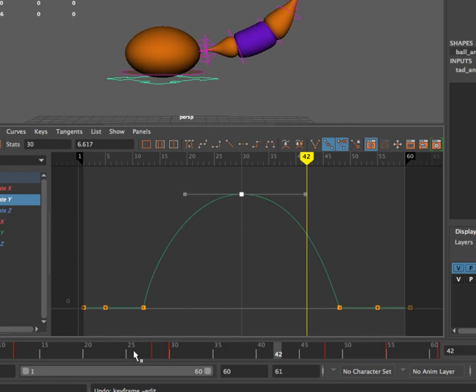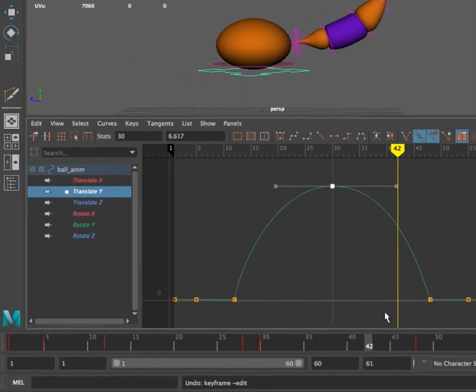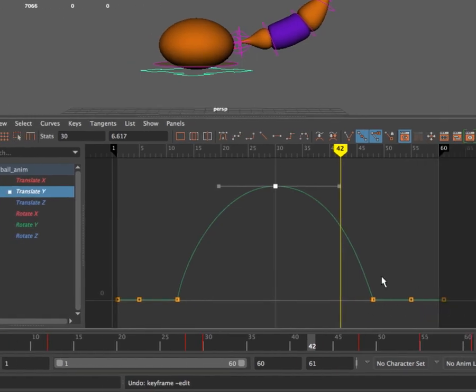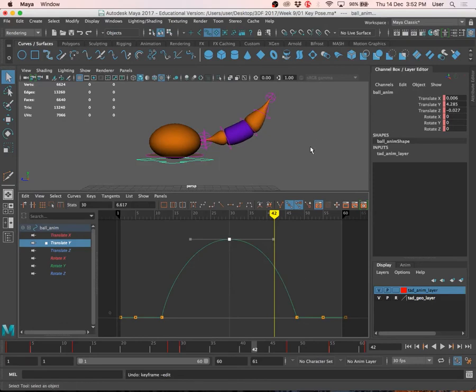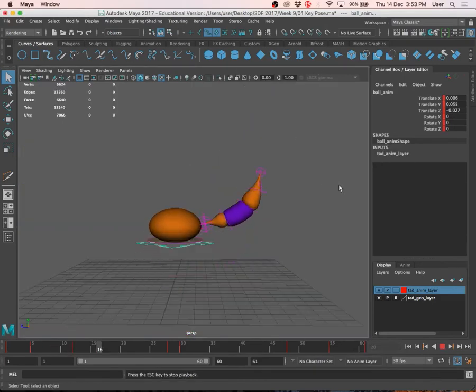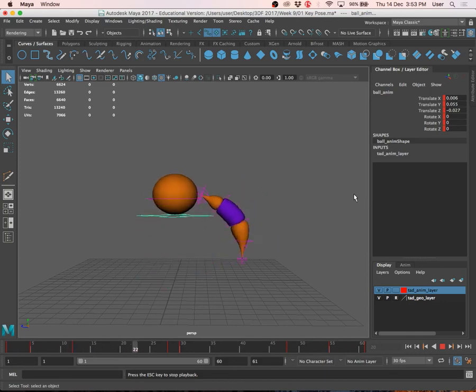So it's very hard to see in your timeline whether it's in the middle or not. I think the best way is actually to look at the curve. Now, when you play your animation, you can see a very nice hang time, and very direct. It's a little bit slow. So if you feel that it's too slow, you might want to